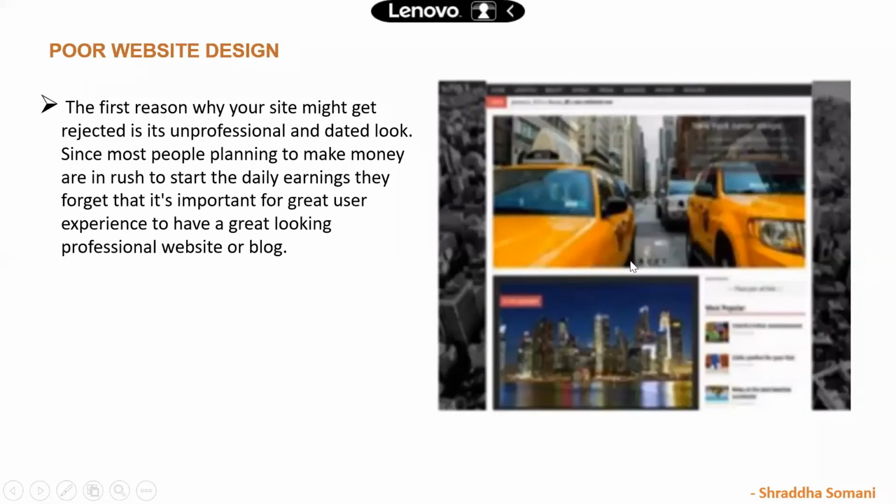If your website design is of this kind, Google will never approve. It should be user friendly and look like a genuine design. It should not look like spammy sites, like gambling sites. If you go through their interface, gaudy colors are used, too many images are placed, and things are not aligned properly. Things should be aligned properly on your website.